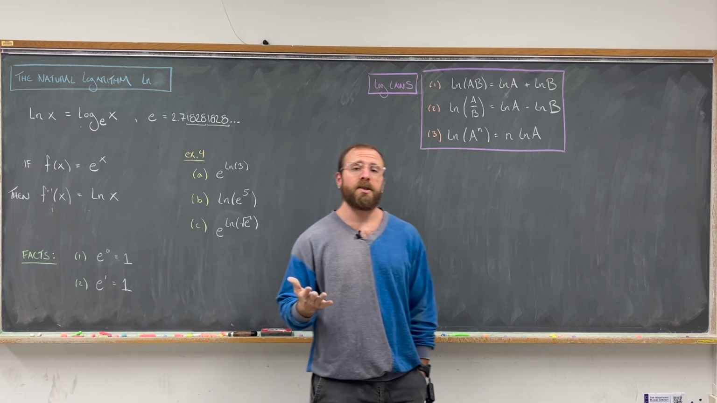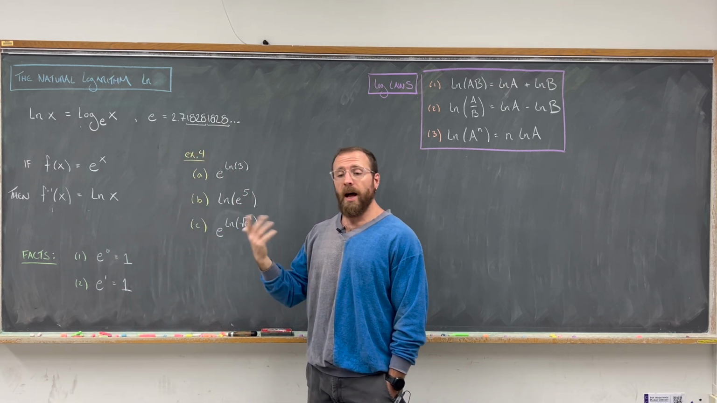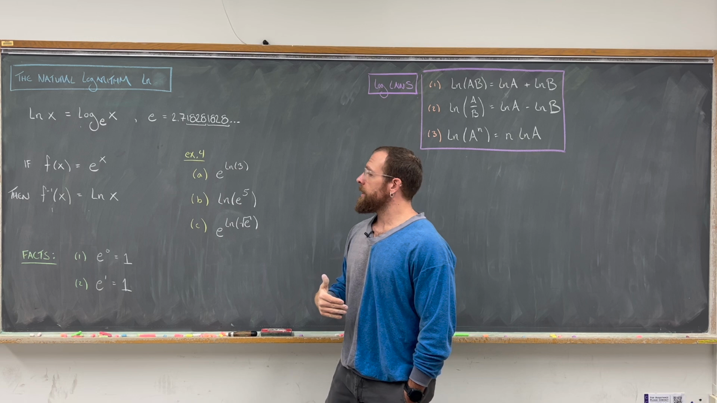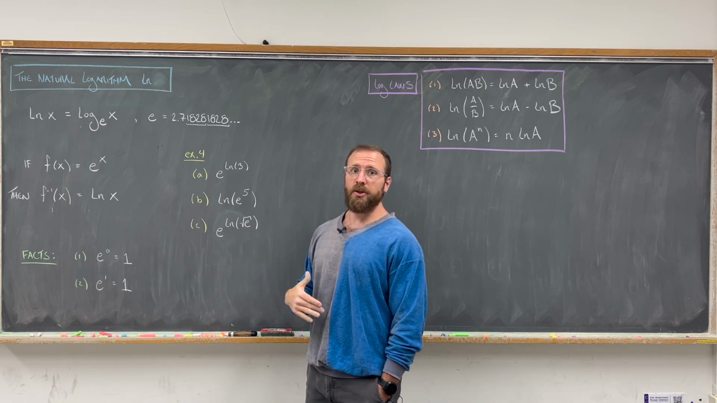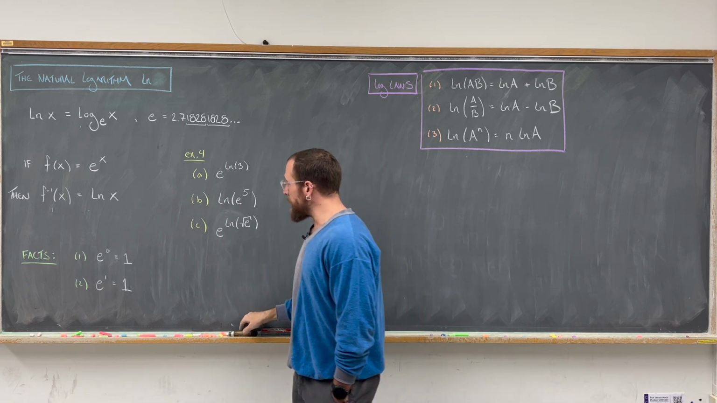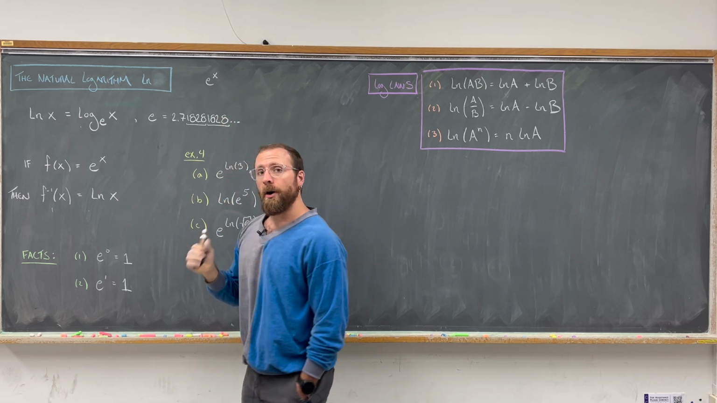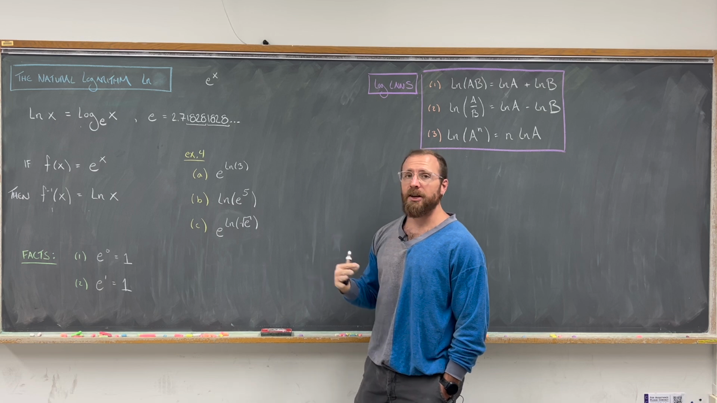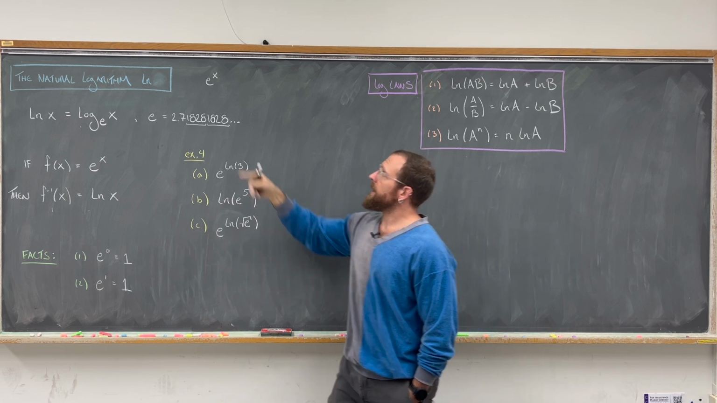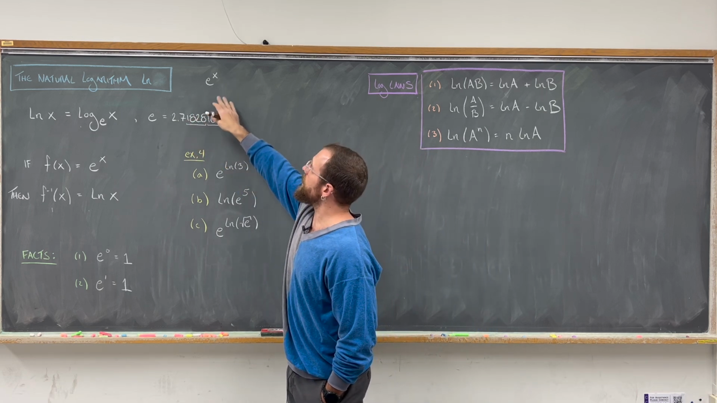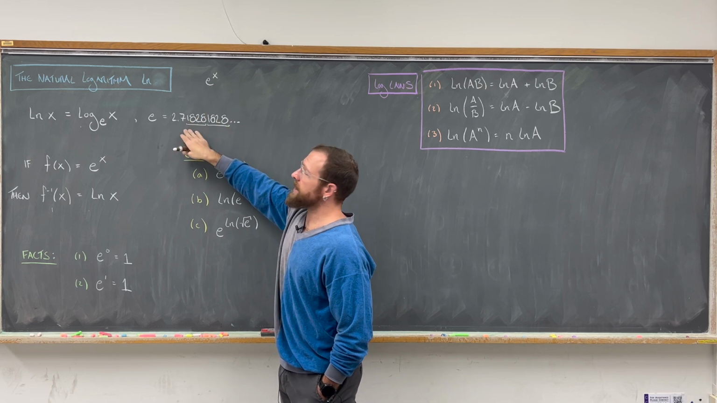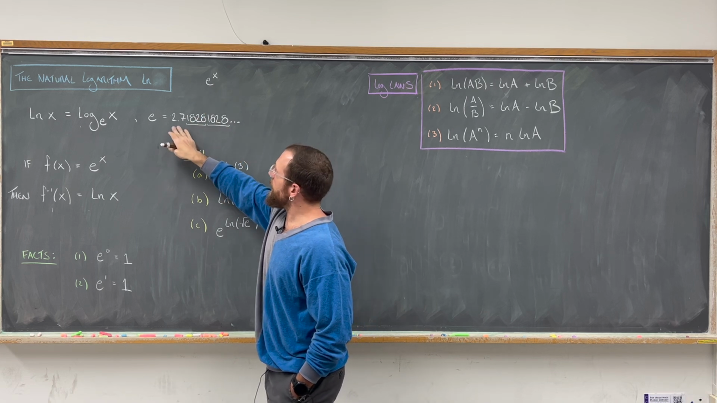Okay, so we understand in general what the logarithm base a is. It's the inverse of the exponential base a. And there's one exponential function, namely e to the x, that we use all the time in calculus. It's called the natural exponential function, e to the x. It's just an exponential function where the base e is this number right here,